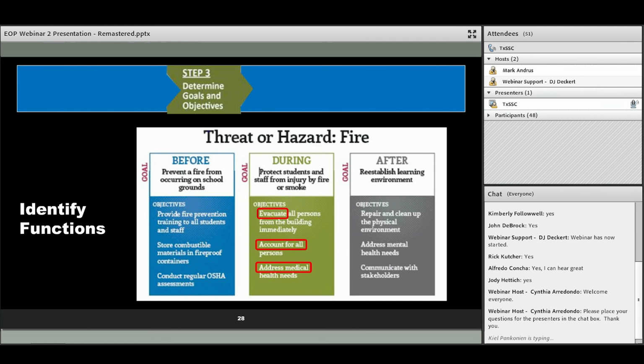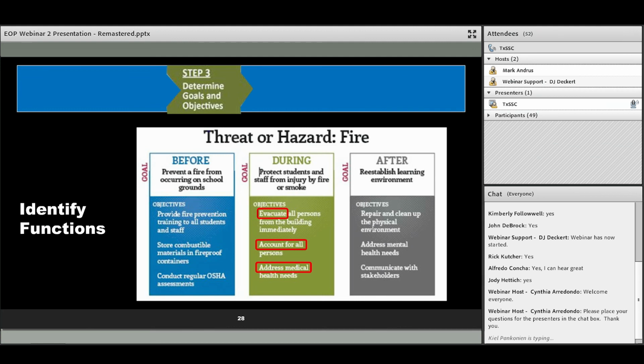Okay, so once the team has identified the goals and objectives for each of the selected threats and hazards, you're going to find that there are certain common critical functions or cross-cutting functions that apply across several different emergencies. In this particular example, as you can see in the middle with the red boxes: evacuate, the function of accountability, finding all of your stakeholders, individuals in an incident after you've evacuated, and addressing medical needs. So these are common functions that are going to pop up across other threats and hazards that you are working on identifying and creating your goals and objectives.